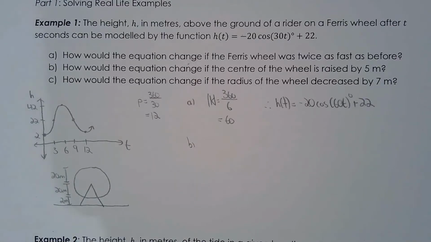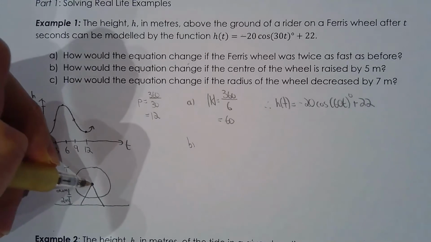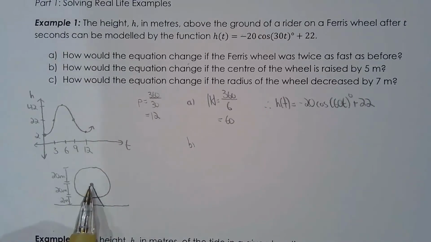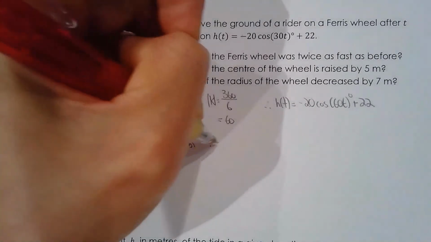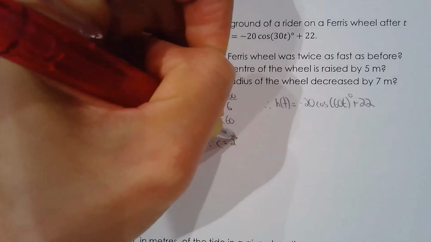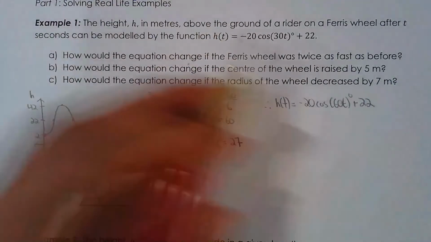The c value represents the height of the center of the wheel. So since c is now 27, it's 22 plus 5, therefore the equation will now be, and again, assuming everything else is staying the same,